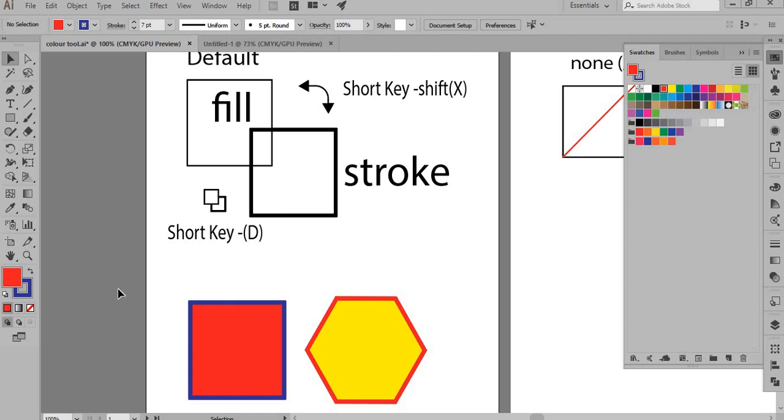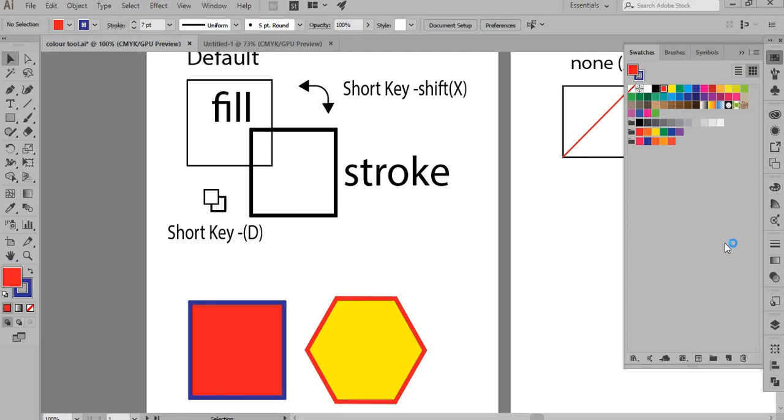So this movie is a continuation of the last movie, and we were discussing colors. Now, like I said, you will be receiving a lot of colors from your buyers, and it is always good to save it as a library. But you're not working on one file, you'll be working on a lot of files, so how do you access that particular palette in all your files?